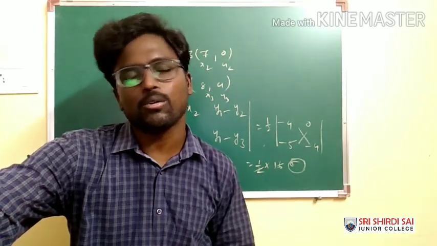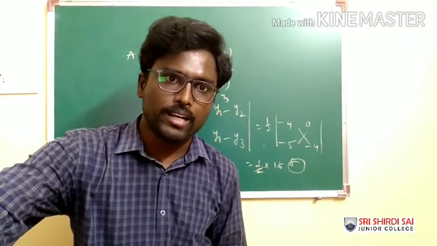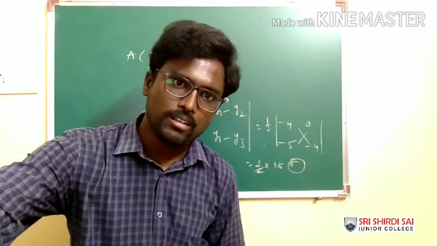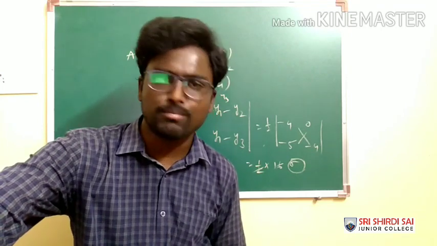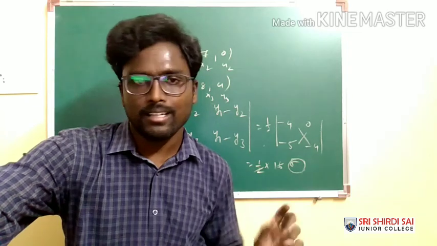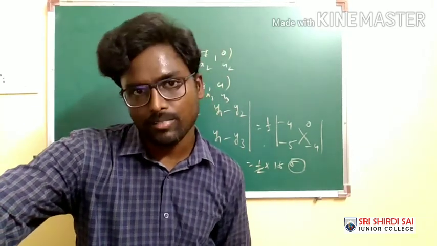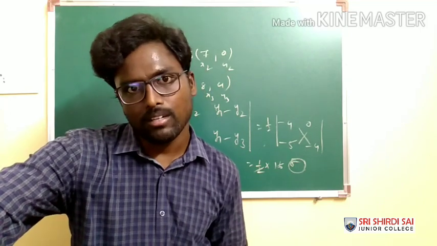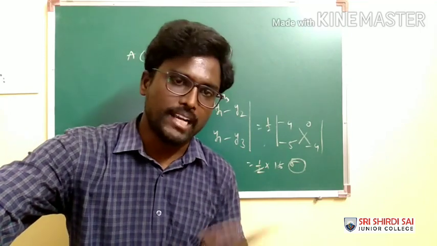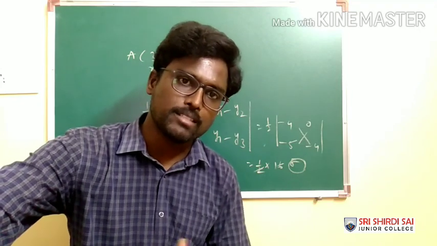Suppose you are getting coordinates of plus plus nature, that is the first quadrant. If you are getting coordinates of minus plus nature, second quadrant; minus minus nature, third quadrant; plus minus nature, fourth quadrant. Hope you understand. Here you will find the coordinates using the section formula, that is internal division. Then you will see the point's nature: plus plus first, minus plus second, minus minus third, plus minus fourth.